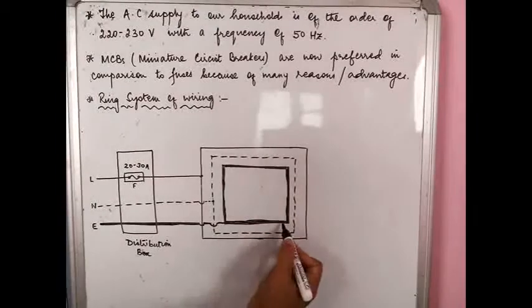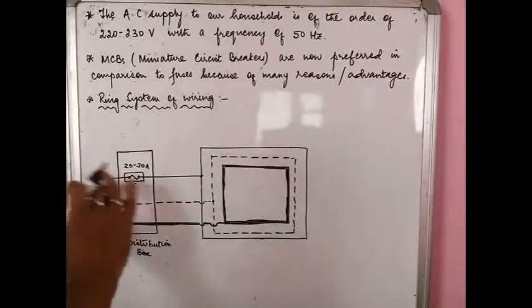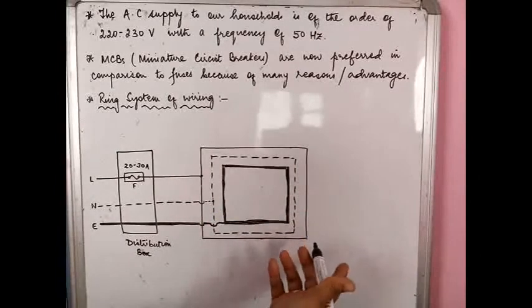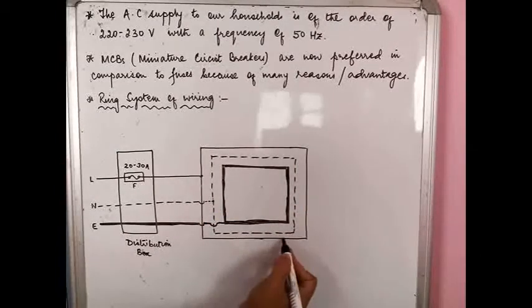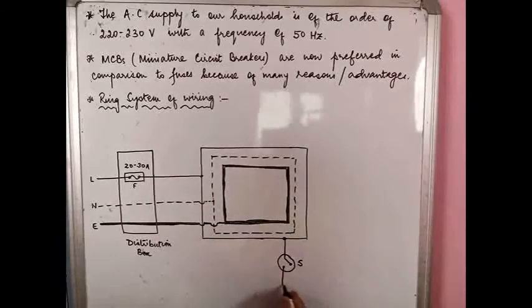Okay, now suppose in this corner of the room you want to connect a bulb. Okay, so what are you going to do? You will not have to have the supply taken all the time from the mains. The wiring is already there inside your house, so whichever corner you want to use, you can always take out from there. Suppose this is the live connection, so you just make a small hole, you find the live wire, you take one out, you connect a switch over here. You will connect a switch first of all, remember, and then obviously you can have the bulb or the lamp, whatever you want to install.